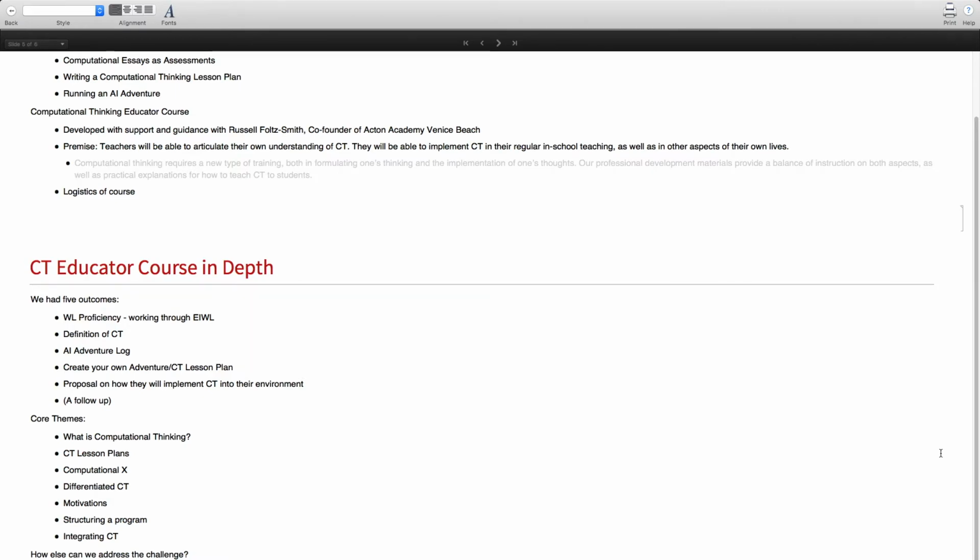I think our AI adventures do a pretty great job at providing a structure for students to understand the different components and principles of computational thinking, as well as a more specific topic of computational X. So we had a forensic science teacher, we had an earth science teacher, we had a finance banker, and a few other individuals that taught completely different topics. So the point was, how do we add computation as a tool to your course without having to change the course entirely? So we had them work on exercises.